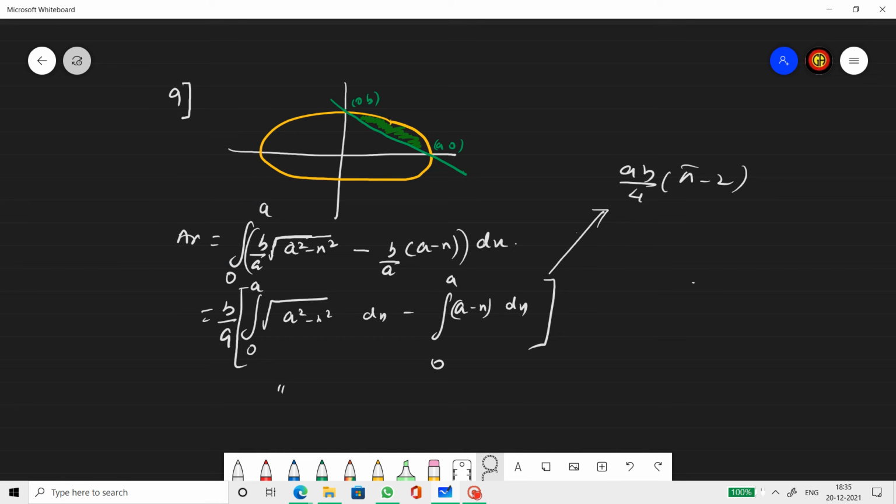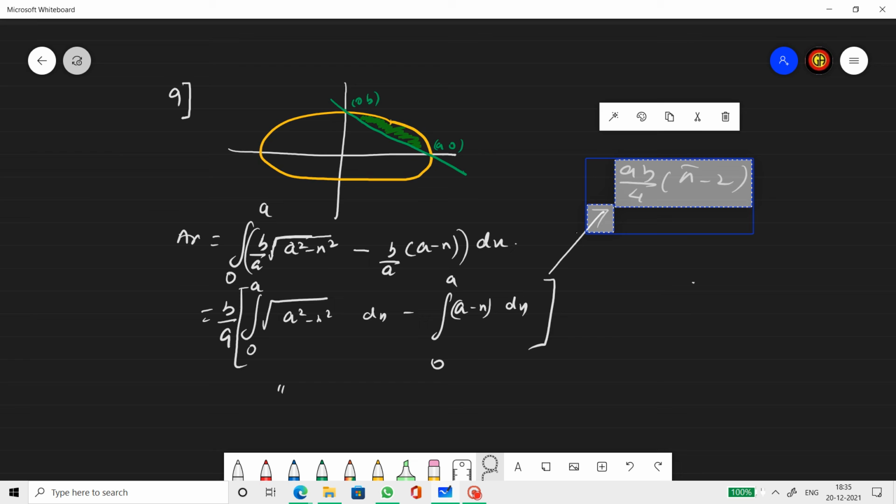Limit 0 to 8, and the y functions that we used to get it in terms of numbers and x, here will be in terms of variable and x. That's the only difference. So you come to this step, and when you apply the lower limit and upper limit, you end up getting this as your answer.